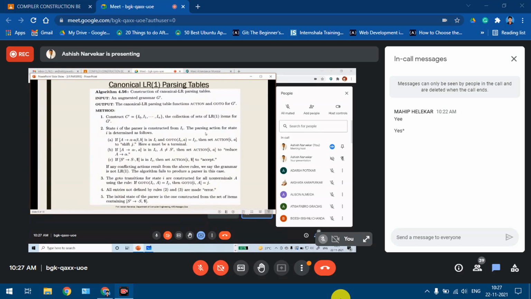The second part, 2b, says that if you have an item of the form which is a final item, that is A derives alpha dot, where the dot has already reached the end of the core part, comma the look ahead a, in some particular state, such that the left hand side is not the start symbol of the augmented production, then you set the action as reduce A derives alpha.